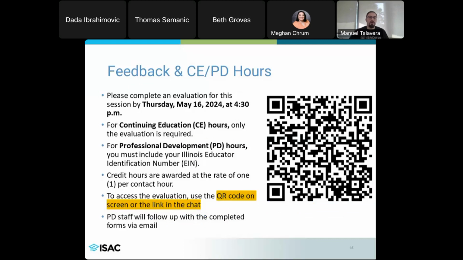For those who are requesting CE and PD hours, we ask that you please submit the evaluation. My colleague Megan has already posted it in our chat, or you can scan the QR code here. If you are requesting CE or PD hours, you complete the evaluation.